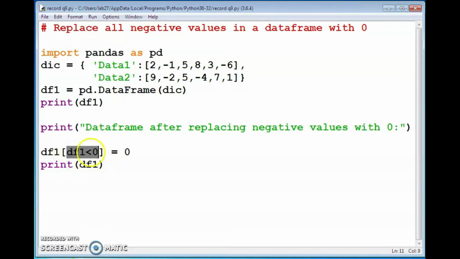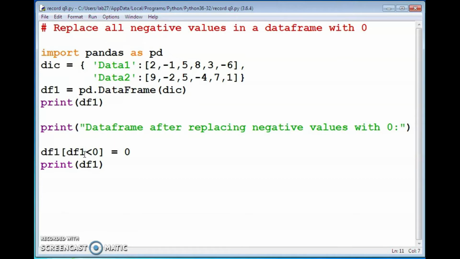So we use this Boolean expression inside the square bracket, and it will return the filtered result. All the values satisfying this condition will be filtered from that particular data frame, df1. After that, we assigned 0 to those values.